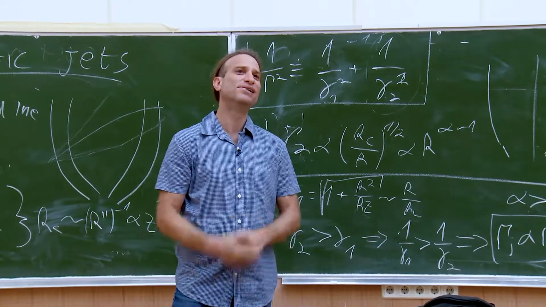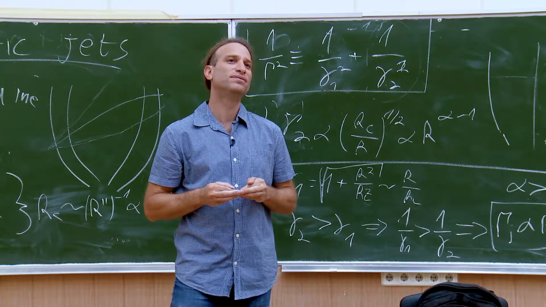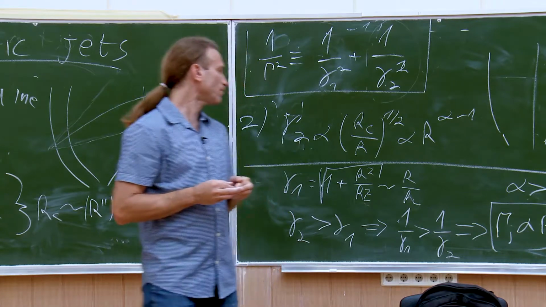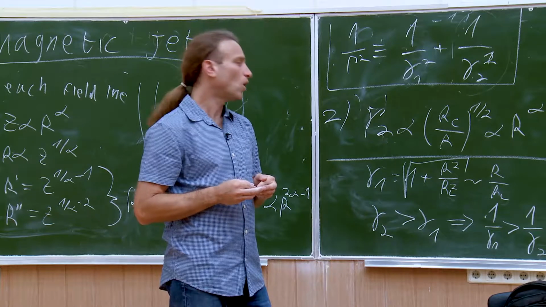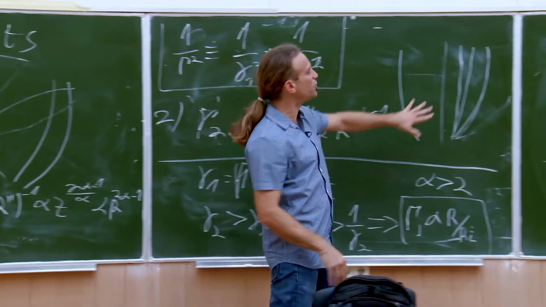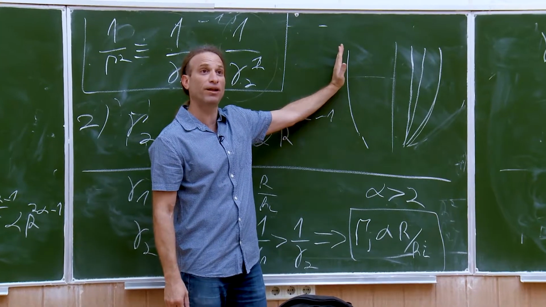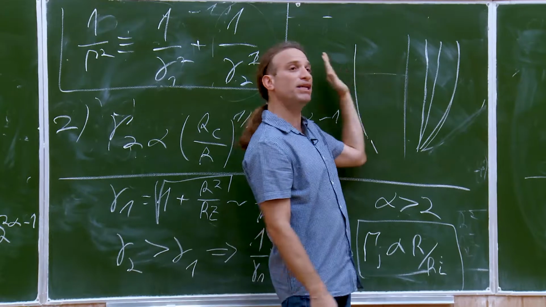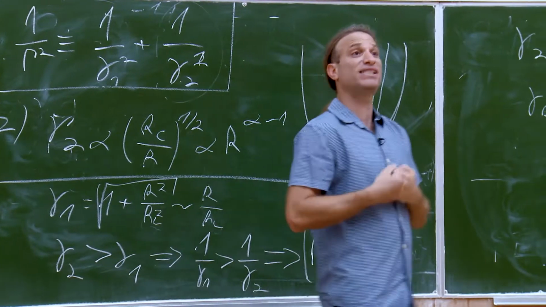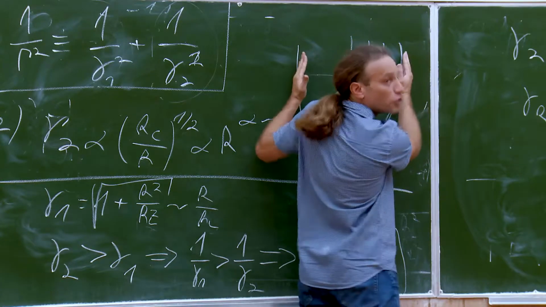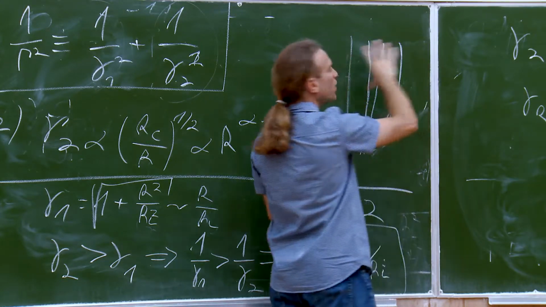Yes? You might have mentioned this, I might have missed it, but when you say there is efficient acceleration, which you have there on the bottom and the middle blackboard, where do you get the collimation from that? Okay, in order to collimate the jet, I need a medium with some pressure profile. Now, the jet and the medium maintain balance between each other. Again, remember, we're working in the assumption of a steady state. The jet is not expanding. There is a force balance on the edge of the jet. So the force balance is that the pressure here is equal to the pressure here.